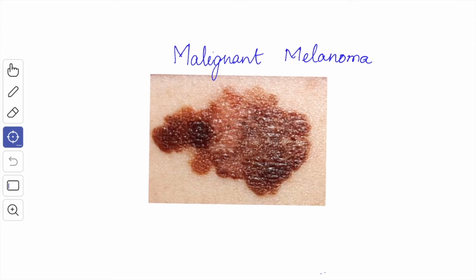The next condition we'll see is the malignant melanoma. The malignant melanoma or melanocarcinoma, arising from the melanocyte, is one of the most rapidly spreading malignant tumors of the skin that can occur at all ages but is rare before puberty. The tumor spreads locally as well as to distant sites by lymphatics and by blood. The etiology is unknown, but there is a role of excessive exposure of white skin to sunlight.